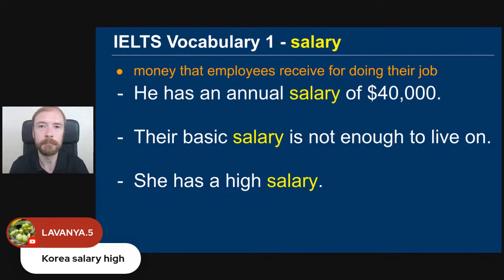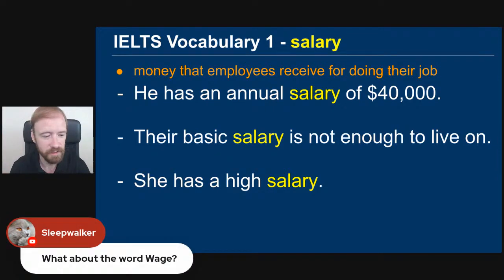So, I think a country like Japan might have a very high salary, but also the cost of living is very, very high in Japan. If I was teaching in Japan, my salary might be higher, but certainly I can save more money in Korea. So, it's not always about salary. We have to consider cost of living.